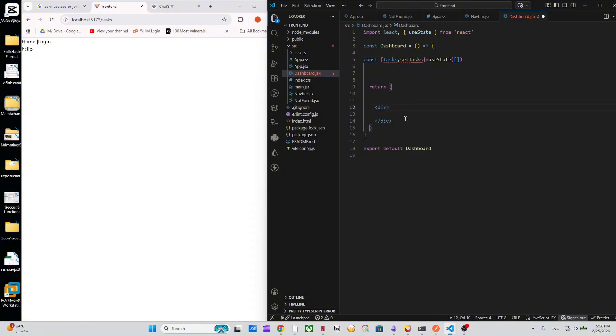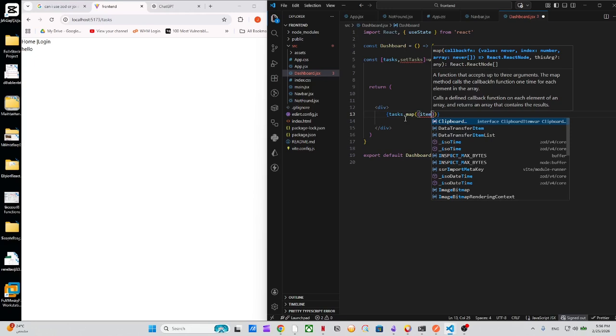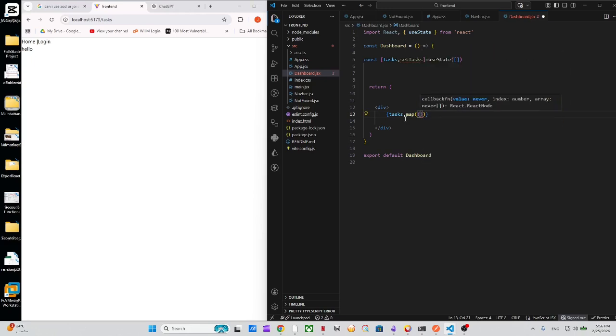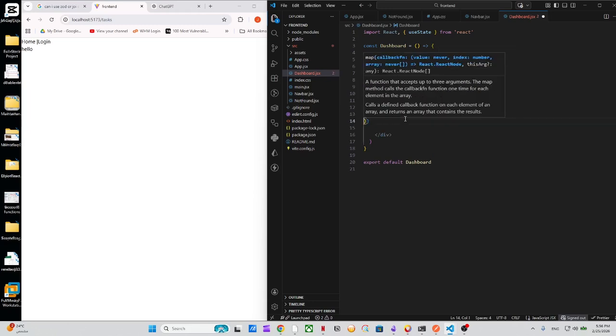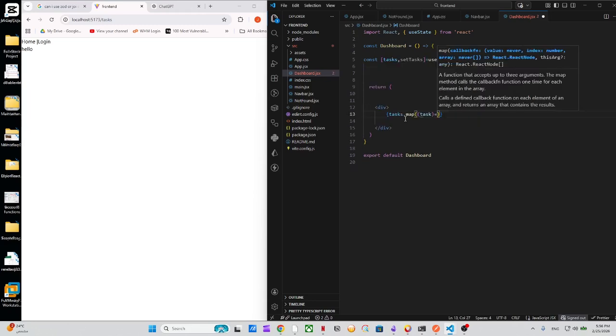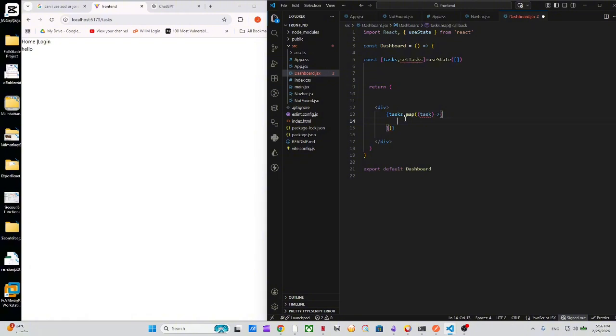Later on, we're going to do something like this: tasks.map, like this, and we can call it task here, or type anything. So if you don't specify an empty array here, it's going to give you an error, because map only works with arrays. Okay,